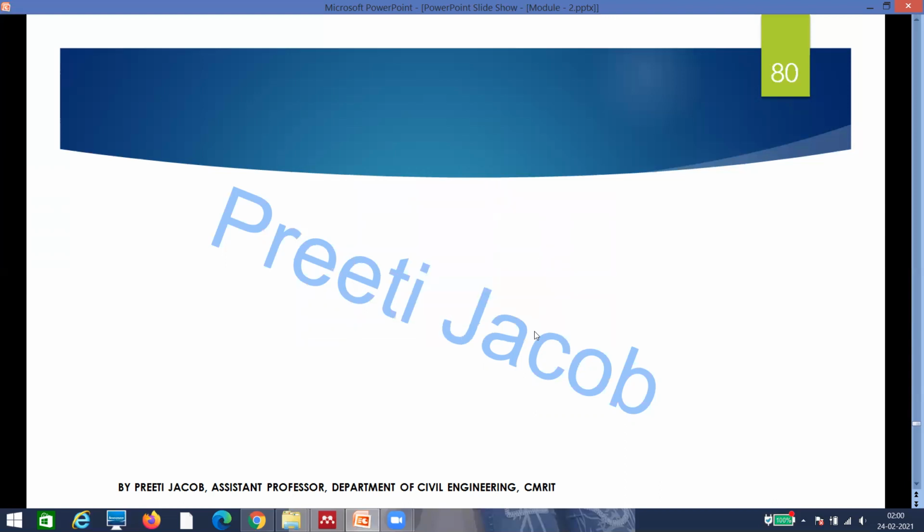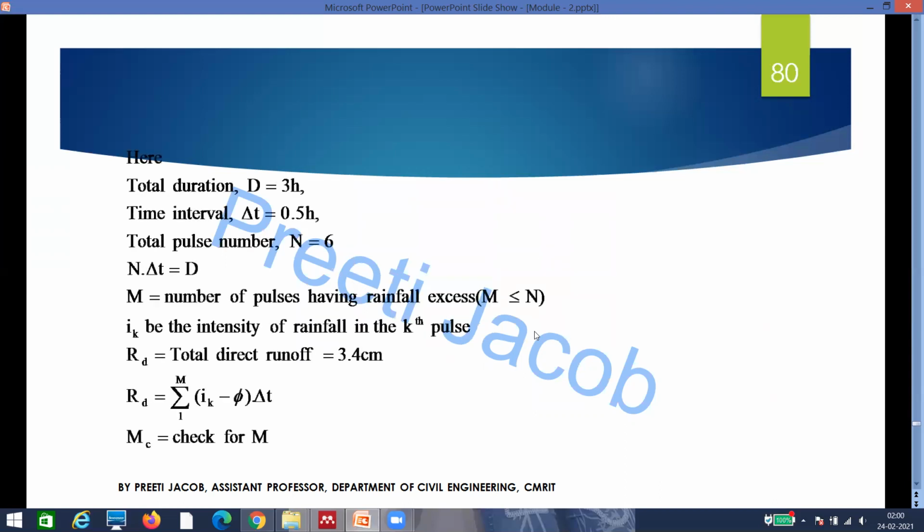Now, the problem they're telling, total duration is 3 hours. The time interval is 0.5. Total pulse is equal to 6. So 6 into 0.5, I'll be getting D is equal to 3. Okay, so these are all the procedures. So RD, total direct runoff, is equal to 3.4. And then here again, we'll be using the formula RD is equal to sigma 1 to m